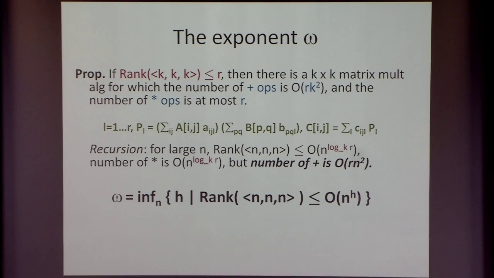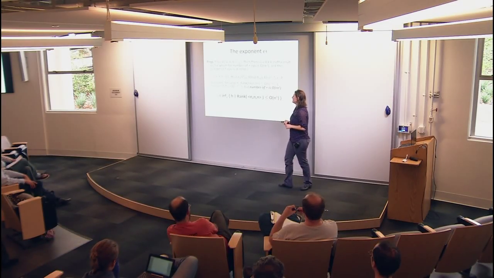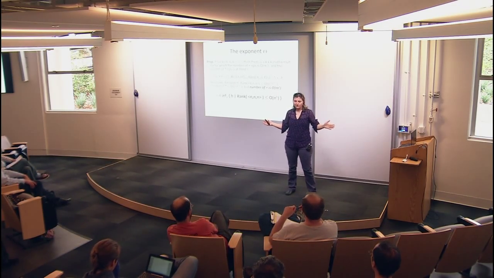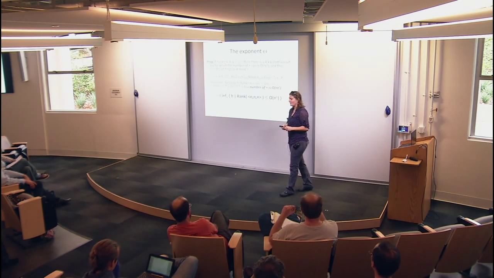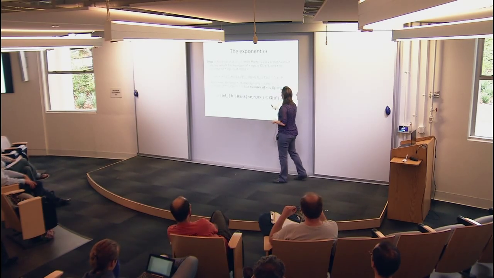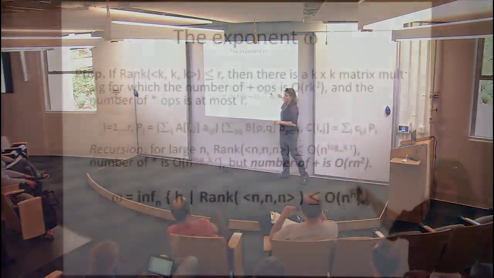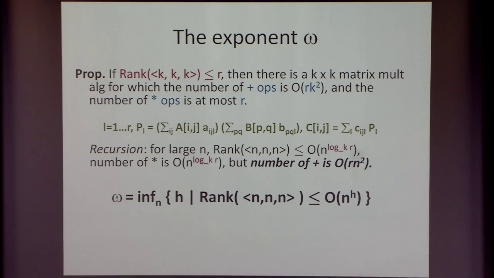For people who have seen this before, the point is that log base k of r is at least 2. Yes, it's always at least 2. Also, when we talk about algorithms, you have to give the output. But yes, for this it's true, so it's always subsumed. Good point. All right, so now we'll only be talking about rank. From now on, we'll forget about algorithms, but you can keep in mind that there is a natural correspondence between these things.